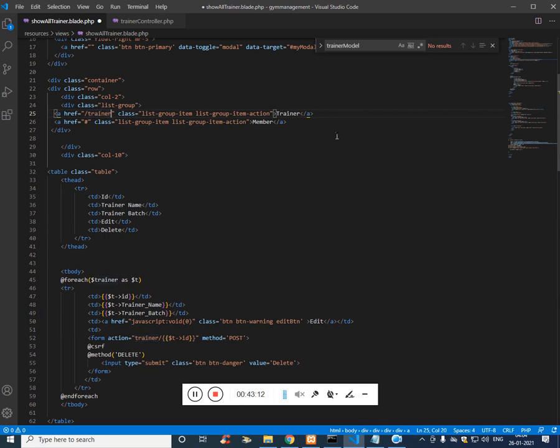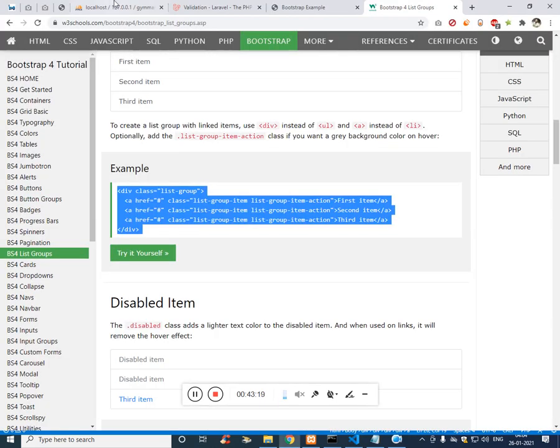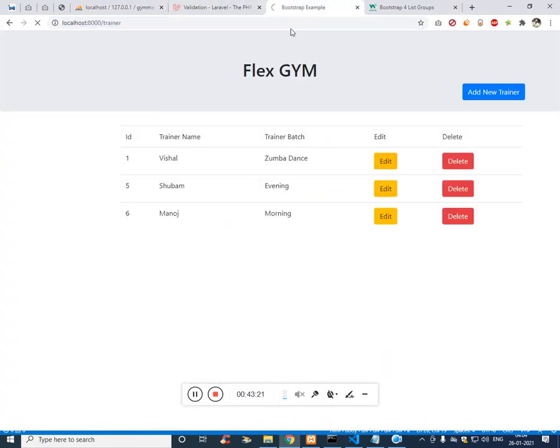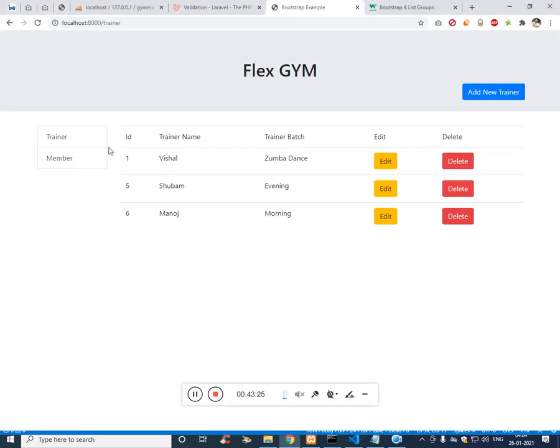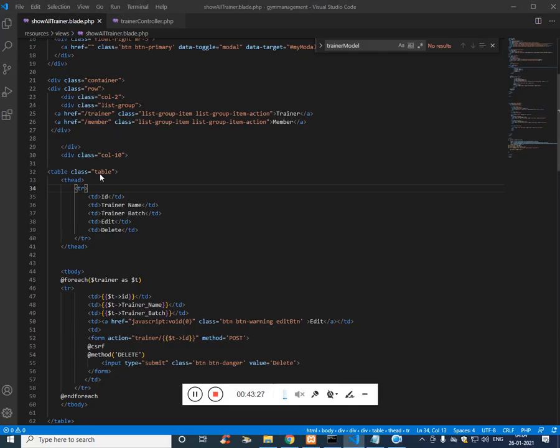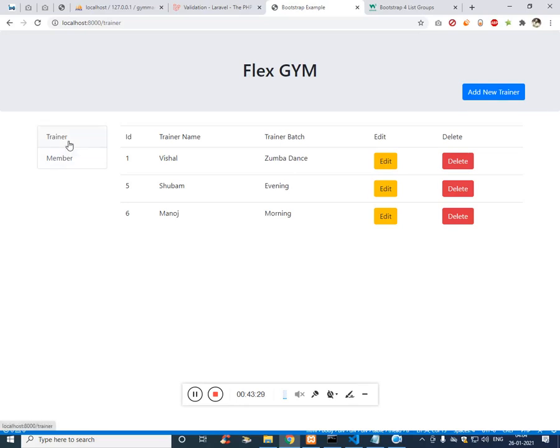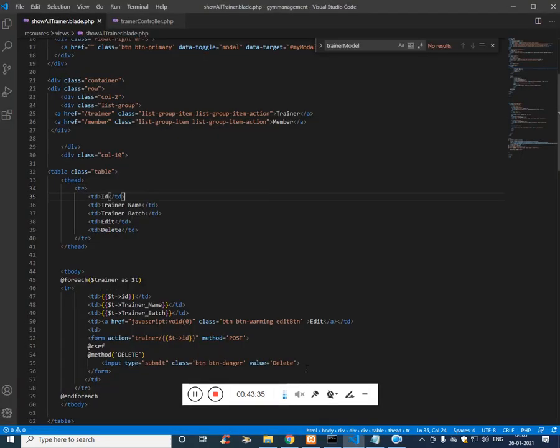The same way whatever we did, we are going to use it again for the member. I know it's time consuming, but we have to do it. Fine. This is trainer and this is member. Member is blank.